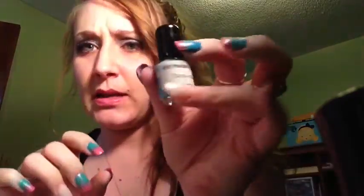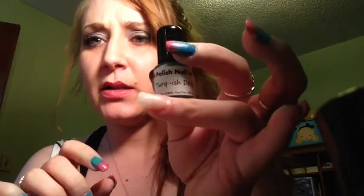I haven't put top coat or anything on them yet. I think I'm not going to stamp over them. Instead, I think I'm going to add some glitter. But I will do that a little bit more towards the end. So the next thing I'm going to do is I'm going to take my little indie polish, the Turkish Delight, and I'm going to paint my 2 accent nails. So let me do that really quickly. I think it might take 1 or 2 coats, so let me...